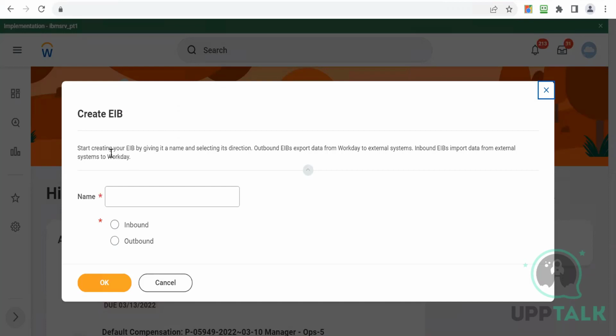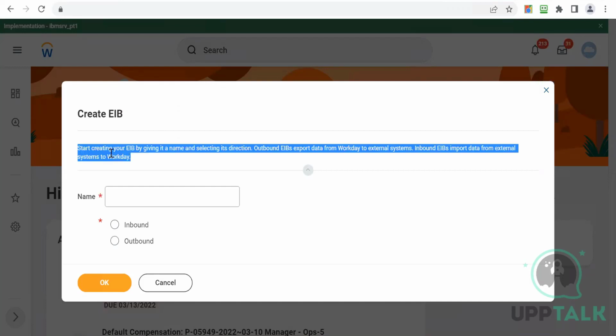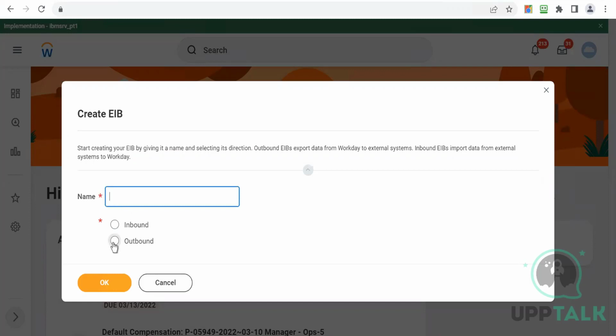Now, when you see this, it says start creating your EIB by giving a name and selecting its direction. Outbound EIB exports data from Workday to an external system. Inbound EIB imports the data from an external system to Workday, right? So let's first create outbound because we have